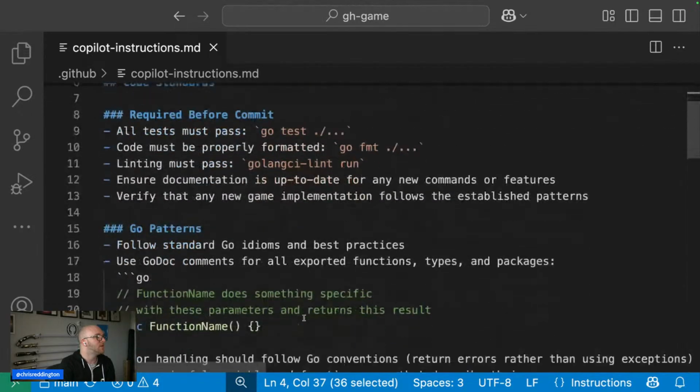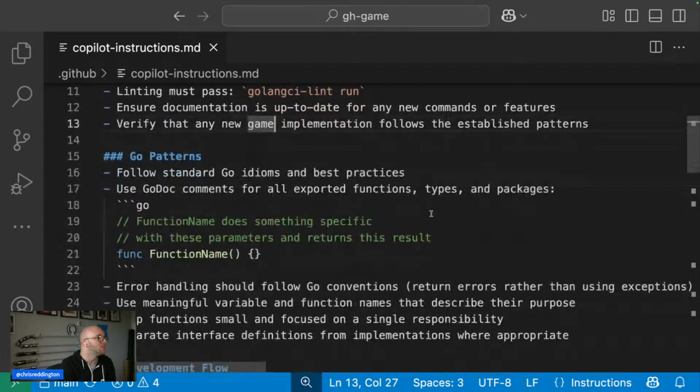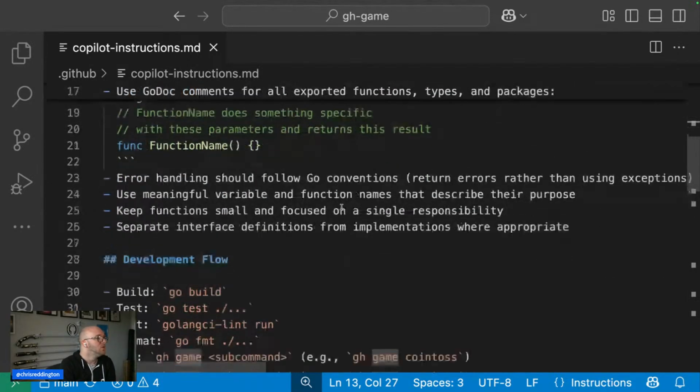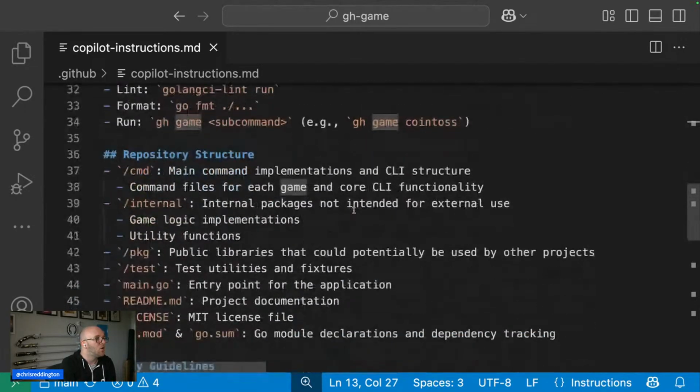And then we specify our code standards. So, tests must pass by using Go test and that kind of recursive call. We must format the code. Linting has got to pass. Keep updating the docs, like readmes and things. Verify new game follows the established patterns. And follow the Go idioms. Use Go docs. So we're being really detailed in here about what the standards are,